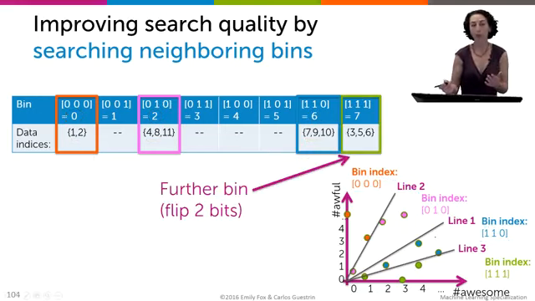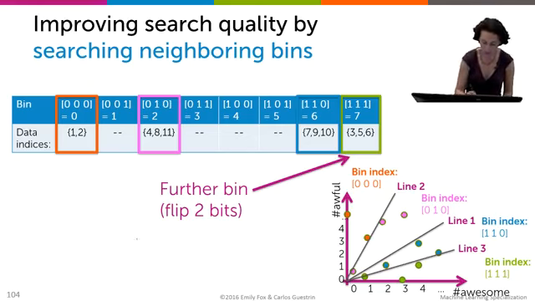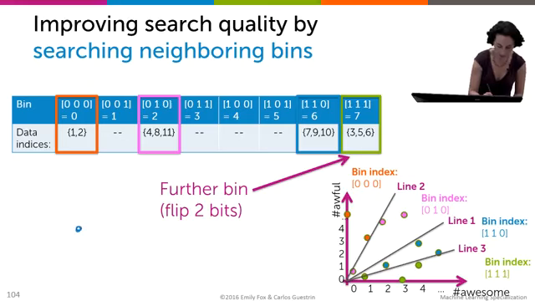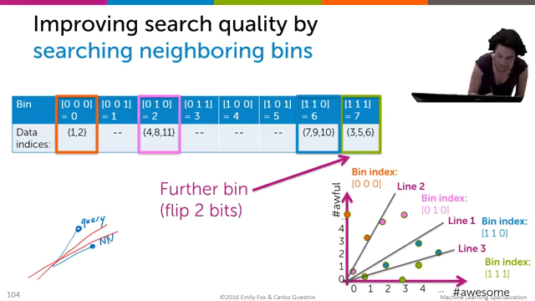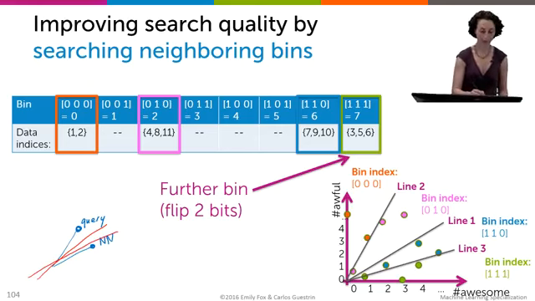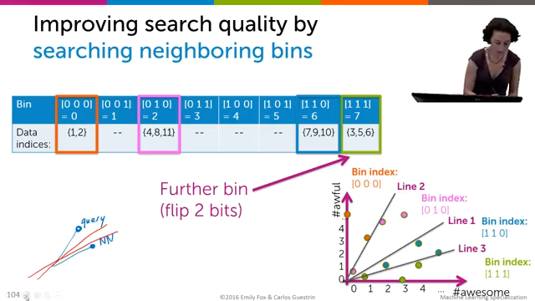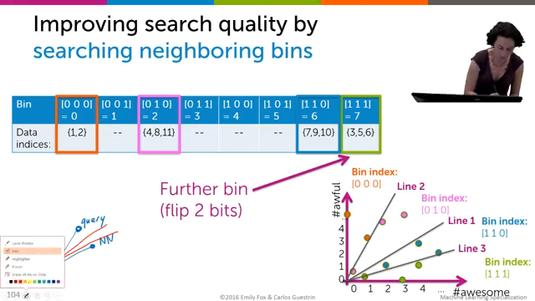But there might have been two lines that split our query point and its nearest neighbor. So if that were the case, let's just draw a little picture over here, and let's say this is our query point, and this here is its nearest neighbor. Well, it could be that we threw down two lines that split these 2 points, and in this case, we'd have to search 2 bits